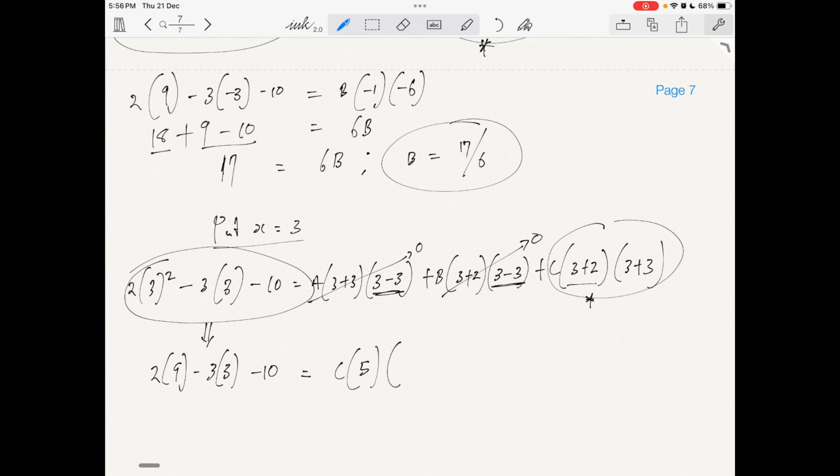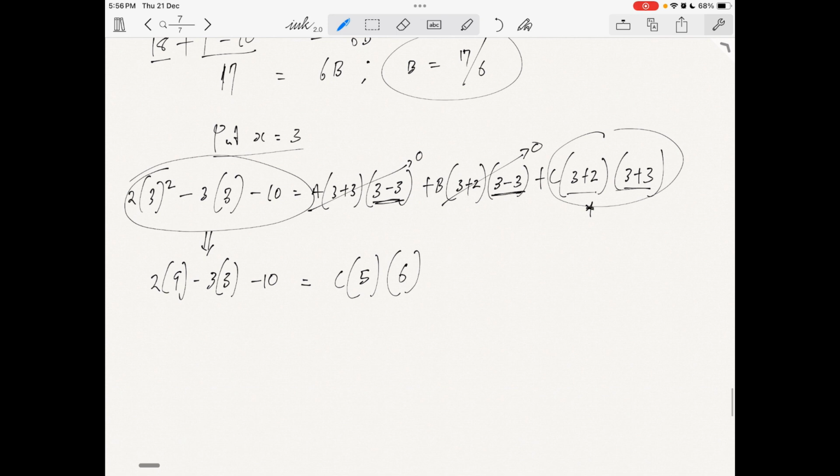Okay, let's not make the same mistake we made earlier. So 3 plus 3 is 6. Alright, so we have 18 minus 9 minus 10 is equal to 5 times 6 is 30C. Okay, and 18 minus 9 was 9, minus 10, and that will be minus 1. Okay, equals 30C. So I'm saying that my C is equal to minus 1